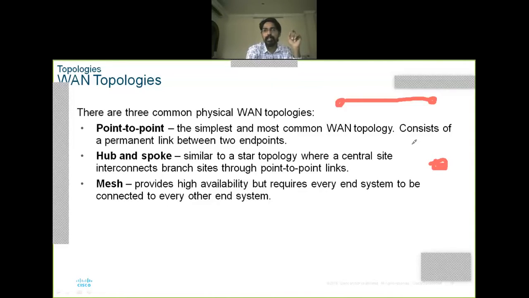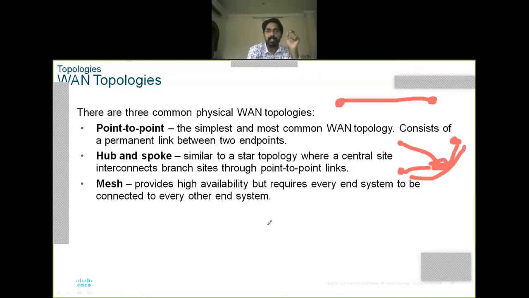To the device, here is a computer, here is a laptop, here is a server. We will connect this device to the hub, this device to the hub, this device to the hub. That means all the devices will get connected to each other. And if I want to communicate from this laptop to the server, I can establish the communication path through the hub and spoke technology. So point to point links we can establish in the hub.